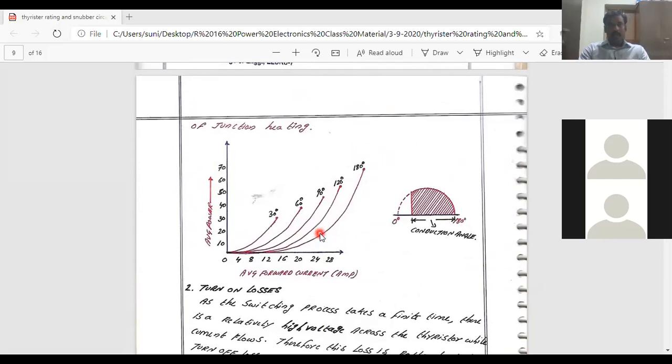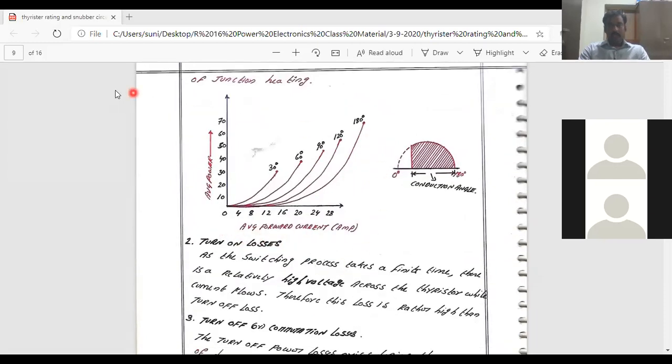So you may consider the power losses can be represented like this depending upon the conduction angle. So what is this conduction angle here? The triggering is measured by the phase value of the supply. So phase value 0, 30, 60, 90, 120, 150, 180 like that. Whenever the phase value is considered as a reference for the conduction, that particular method of control is considered to be phase angle control.